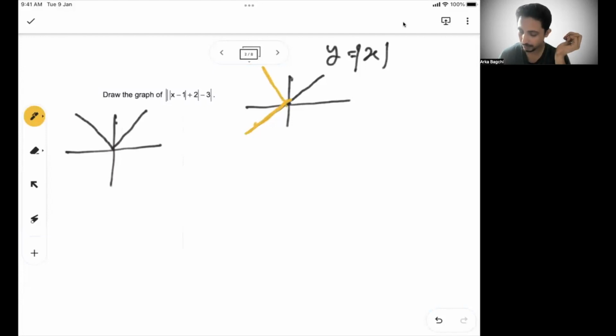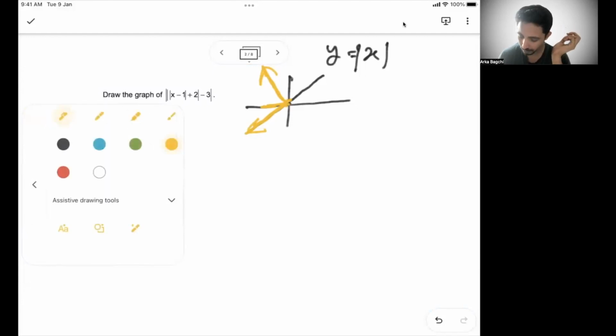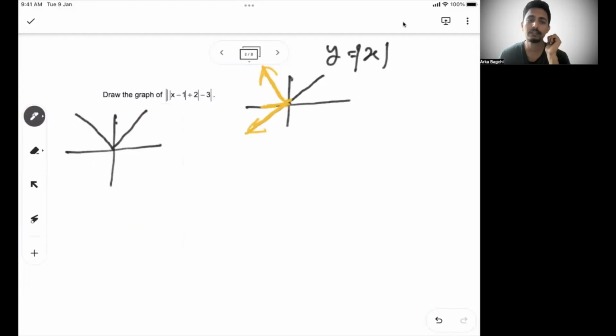For x less than 0, on this side, we will have y positive. y cannot be negative, and coming down towards this, it will go up in this direction. So that's the graph of y equal to mod x. Now, there are two variations we have seen. Again, if you have done the previous session it's understandable for you, but if you are seeing this for the first time, here is a quick recap.